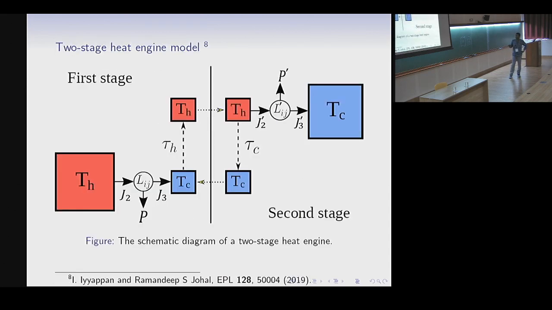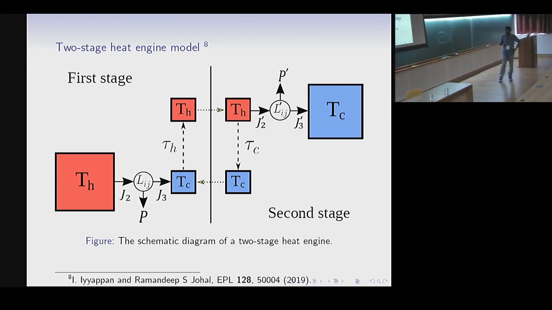This is our proposed two-stage heat engine. Initially, the heat engine works between the infinite size hot reservoir and a finite size cold sink. What we mean by the finite size is that the CV is finite. So the heat engine continuously ejects heat to the cold sink, so its temperature keeps on increasing,